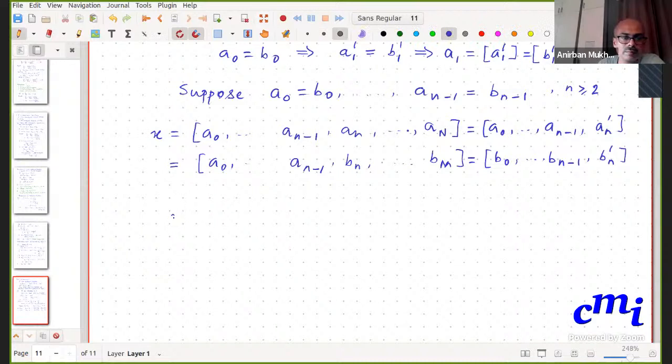So what we have already seen is this: the numerator is an' pn-1 plus, sorry, this is pn-2, and